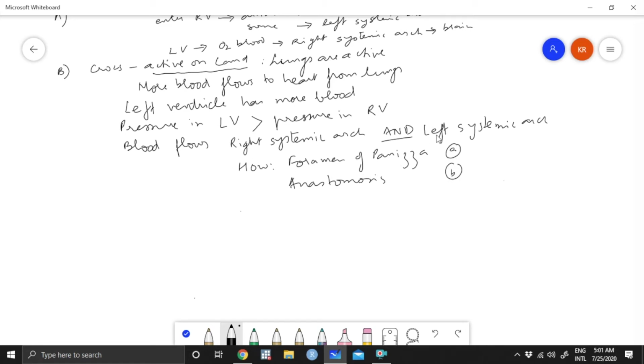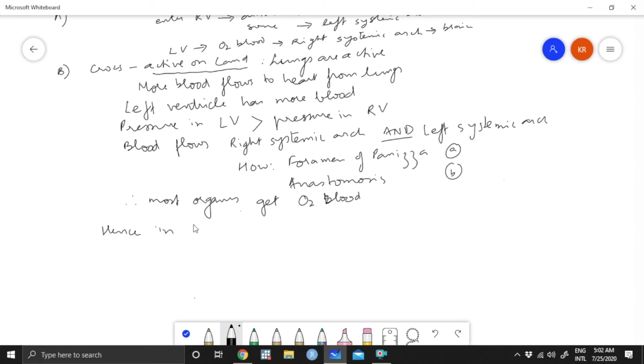So you see, even if it goes from the left ventricle into the left systemic arch, the input of this blood is through the left ventricle. Normally, blood from the left ventricle will go into the right systemic arch, but it is also going into the left systemic arch through the foramen of Panizza. And also through the anastomosis, the same blood is being circulated. Therefore, most organs get oxygenated blood, and hence